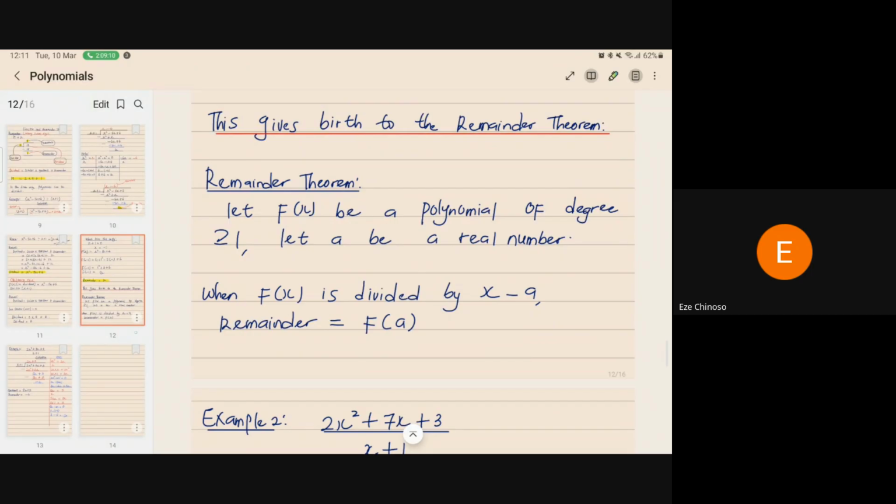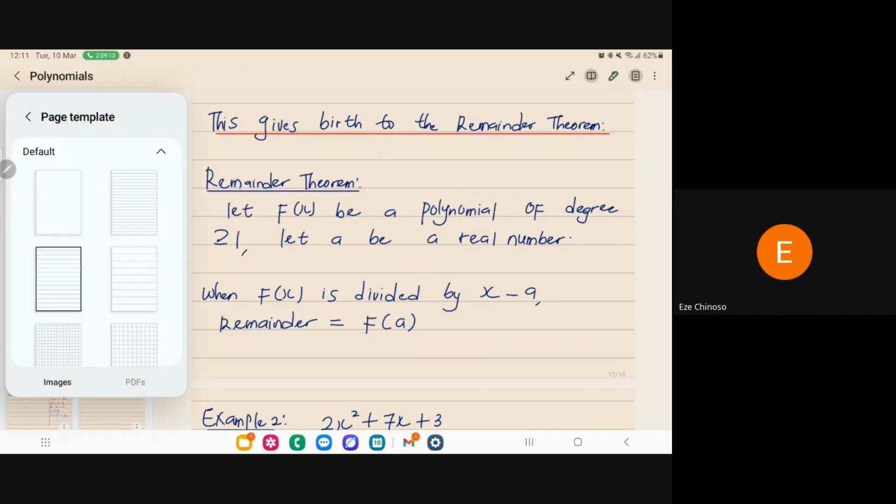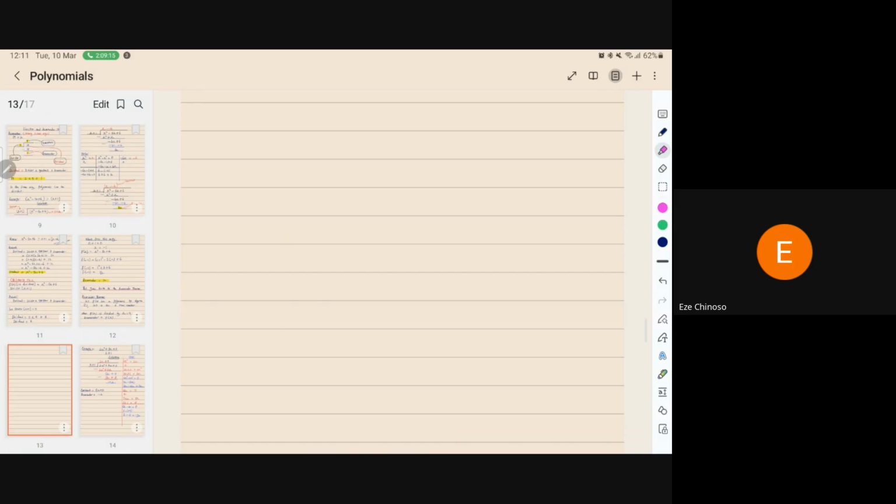So, for example, let's say: find the remainder